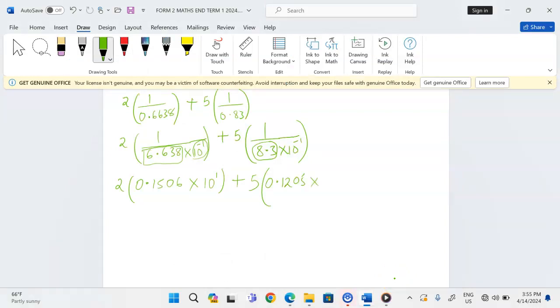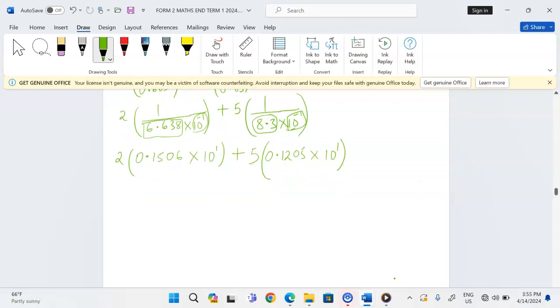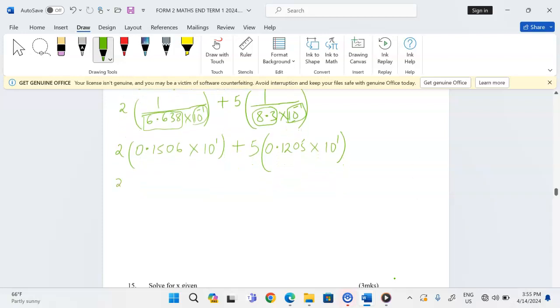0.1205 multiplied by 10 power 1, because we are having 10 power negative 1. The opposite sign of the power becomes the reciprocal, because this means divide by 10 power negative 1. Now the reciprocal is when we multiply by 10 power 1. We can now have 2 into, when we deal with the power of 10, 1.506 plus 5 into 1.205. And when we compute this from the calculator, what we shall obtain is